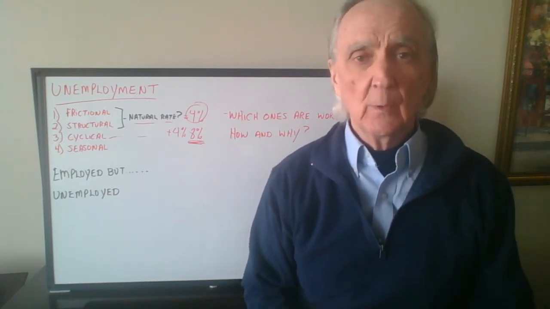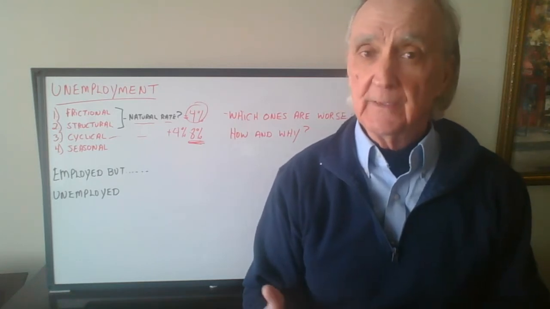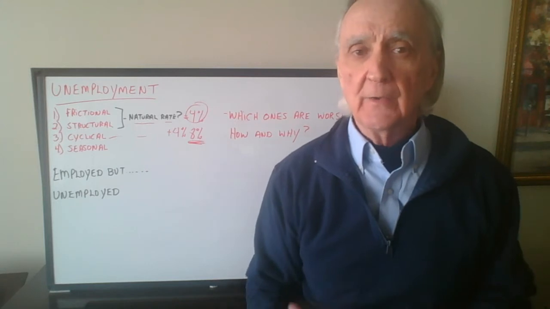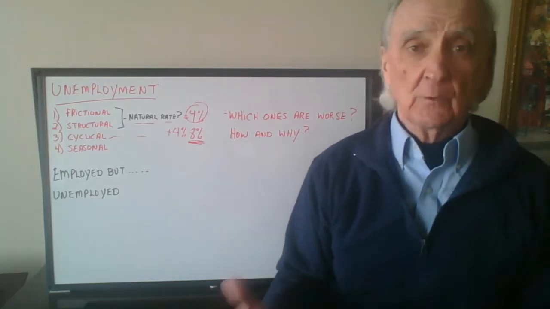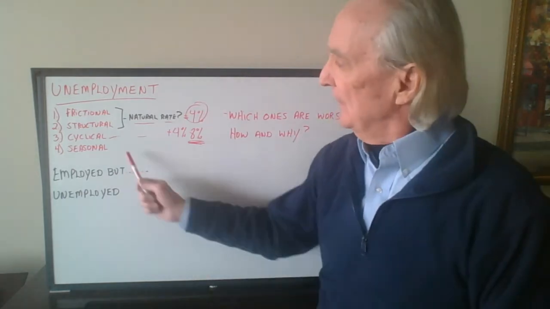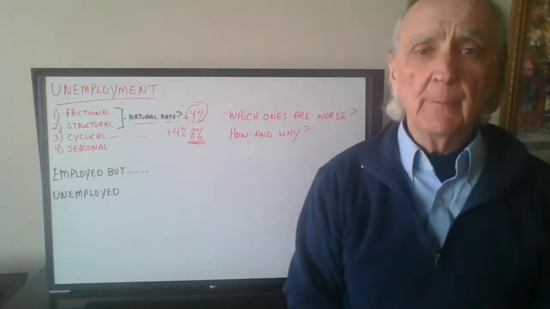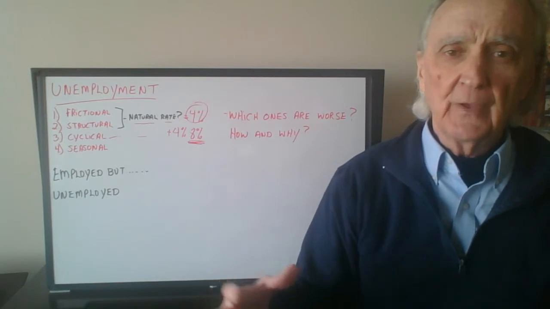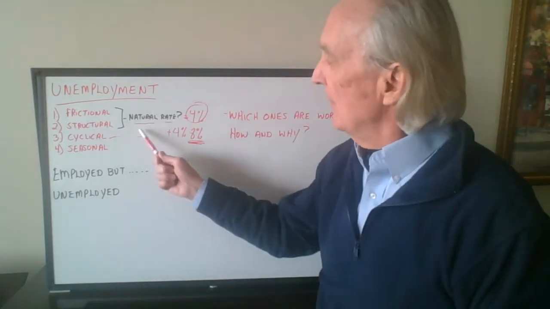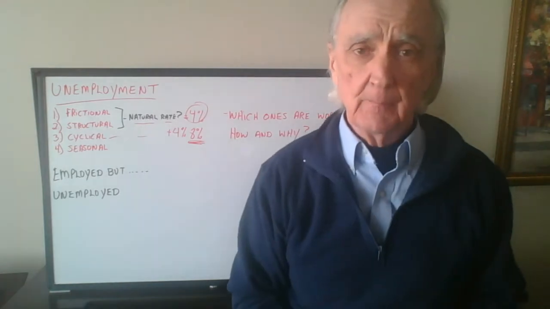And a lot of them, most of them, can't really tell you how long this is going to be. Is it going to be 6 months, 12 months, 18 months, 2 years? So this is the most severe type. We are in a recession. Business has contracted. Unemployment is up way above the natural rate.